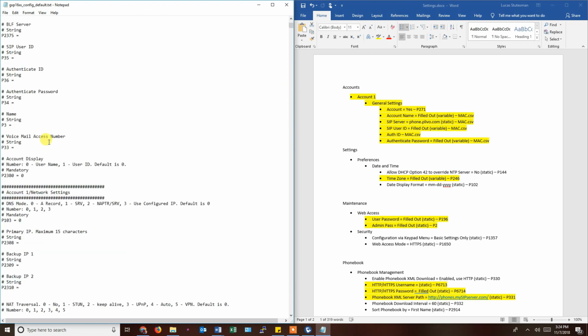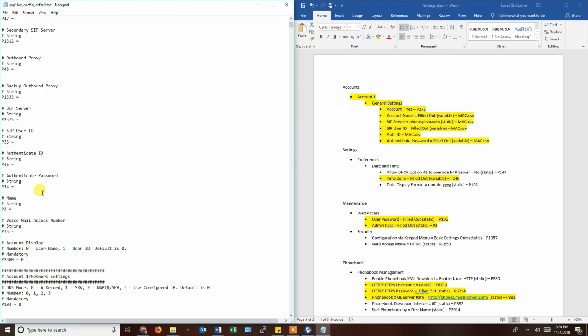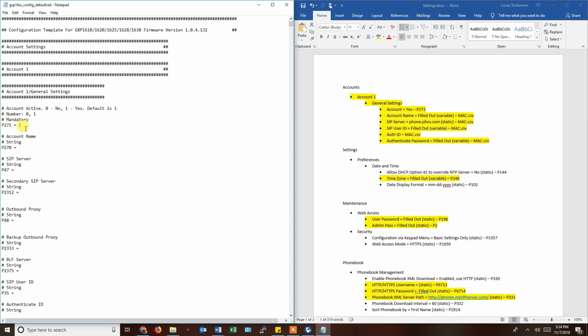If we get to account settings for section 2, you'll notice that it's off, because only the first account is on by default. And we have to turn it on if we want it on, and we'll do that with the Mac file. If we go to the next section, the settings, we've got to allow DHCP option 42 to